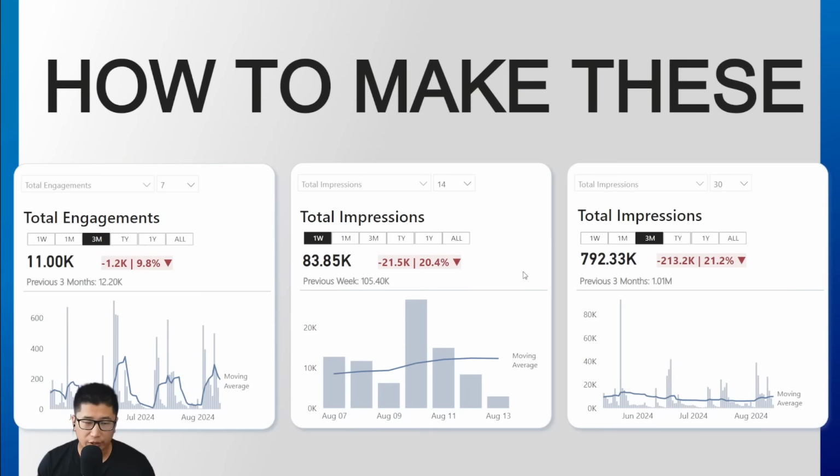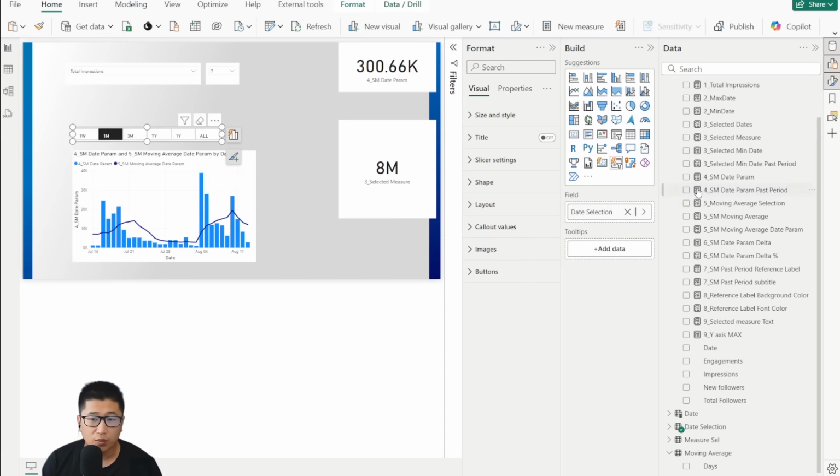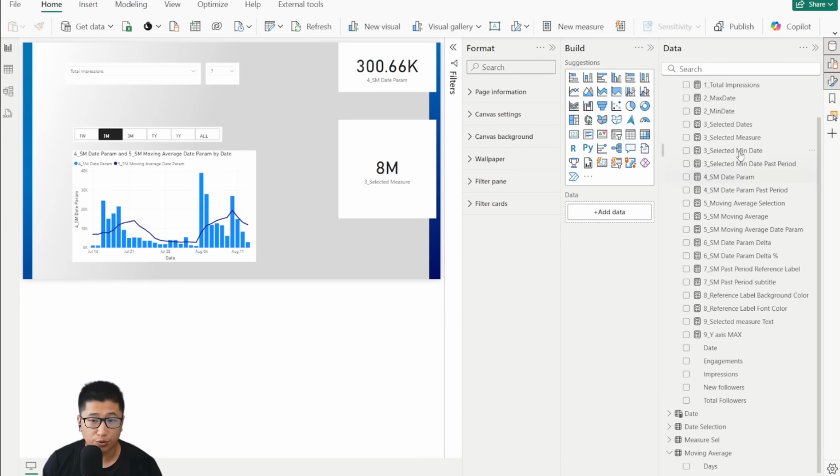So if we're going to look at total impressions, then we can see it's 83,000 this week, and previous week is 105,000. If we actually want to show this information, the first thing that we need to do is find what is the previous week value. And to do that, we're actually going to need to do something. We're going to go back into the DAX values,